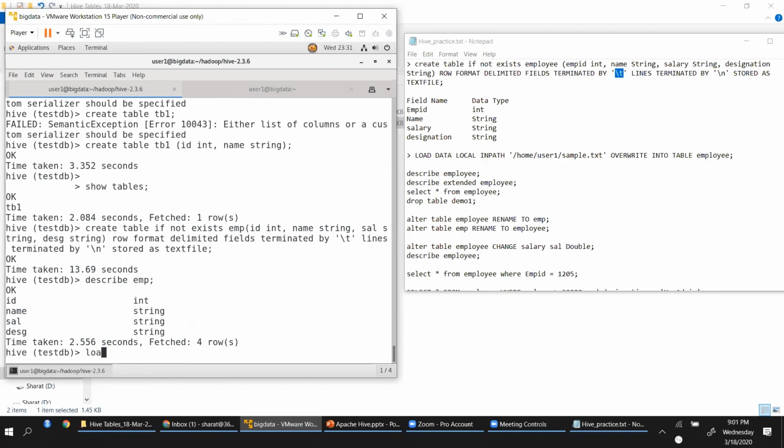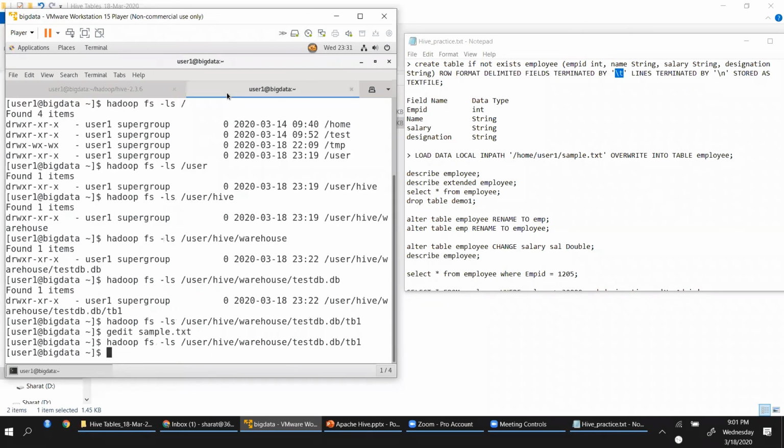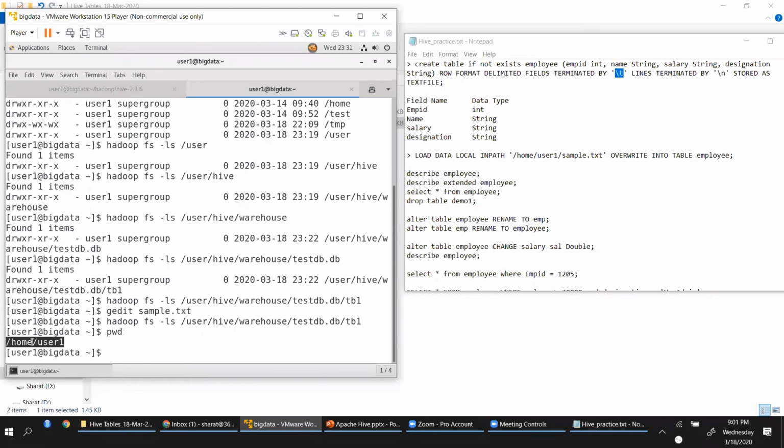To load the data, we say load data, and this is a local file which is residing in a path. I need to mention where this file actually is kept. I've created a sample text file which is located in a directory called /home/user1.